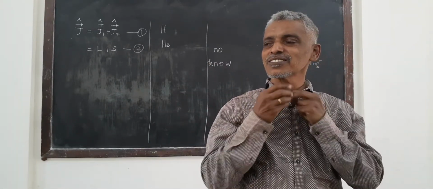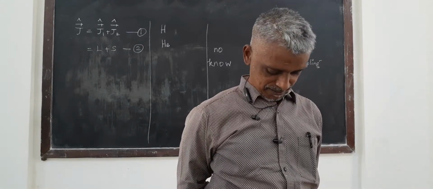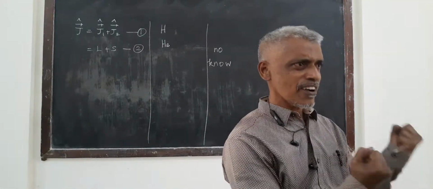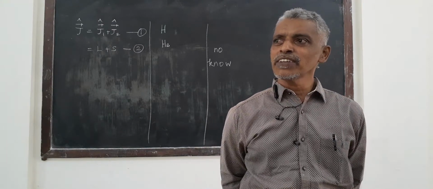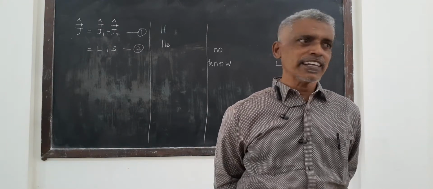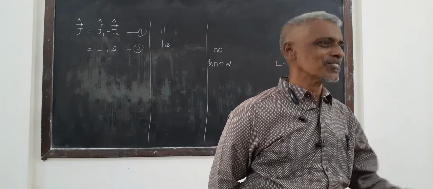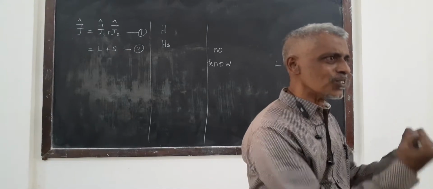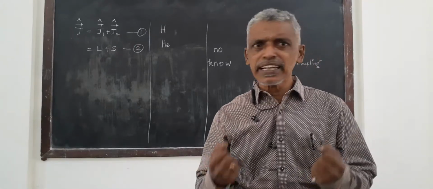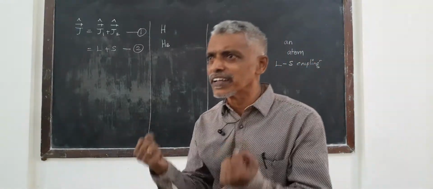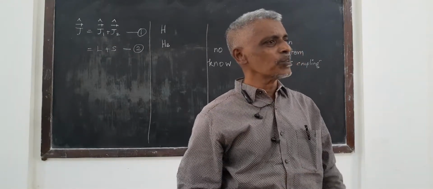How to call this in English? How to say it? Nothing we know, sir. Anything you ask, we will not say any answer to you. Challenge. You don't say like that. Very simple things. You know all the things. You will not say to me, sir, what are you doing? And we don't understand. Will you say like that? No. You know what I am doing. Yes, you know. But you don't know how to say it out.